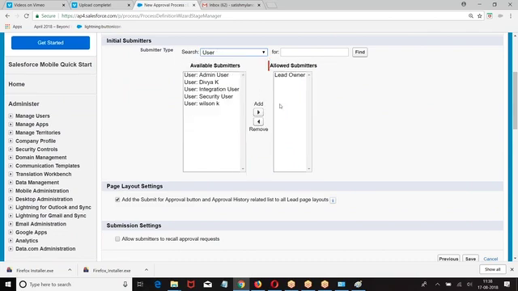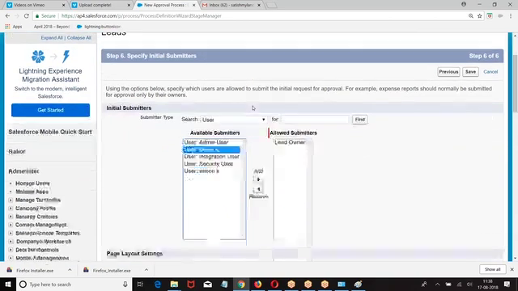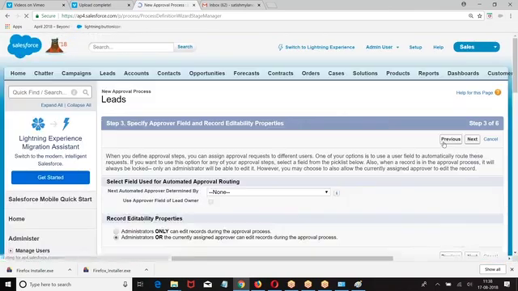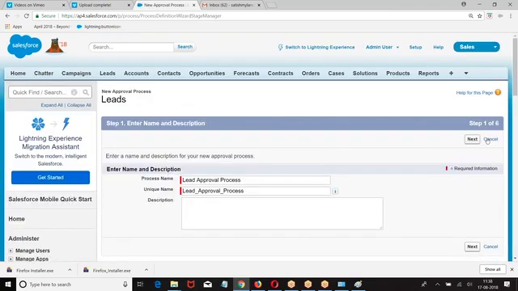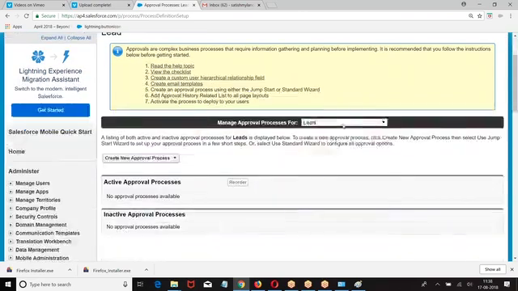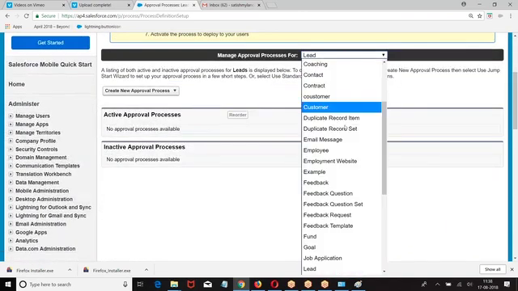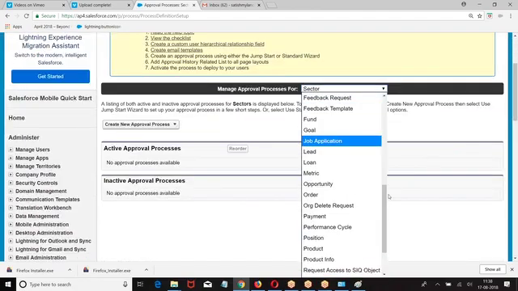Who can submit the record? I told Divya can submit the record. Divya cannot submit this because it's a lead object, right? What is the problem with the lead object? Tell me. What is the problem with the lead object? Lead object is visible to only users who have Salesforce CRM profile. If you have a Salesforce platform, you will not be able to see lead. So let me choose